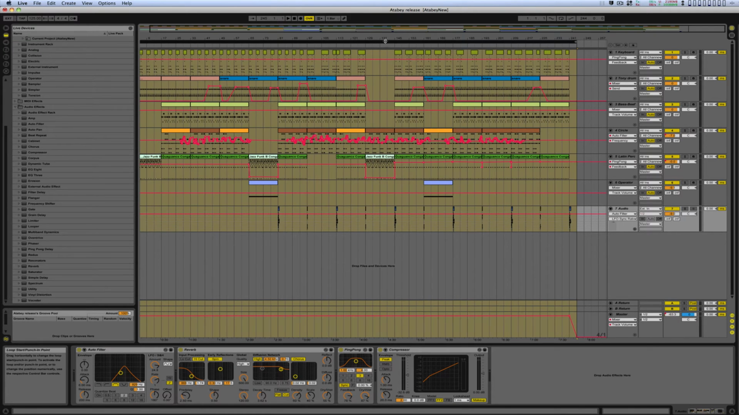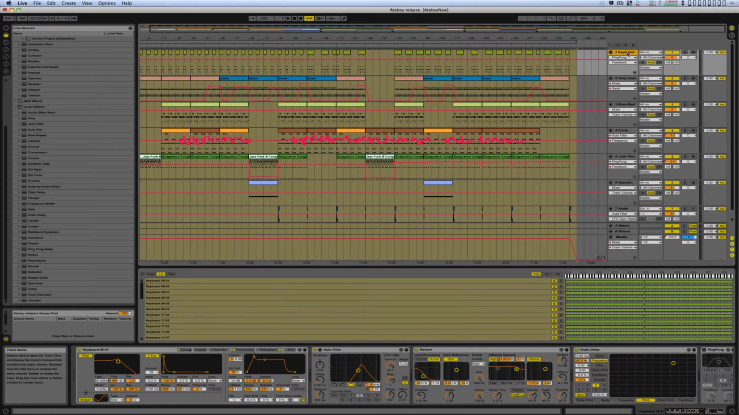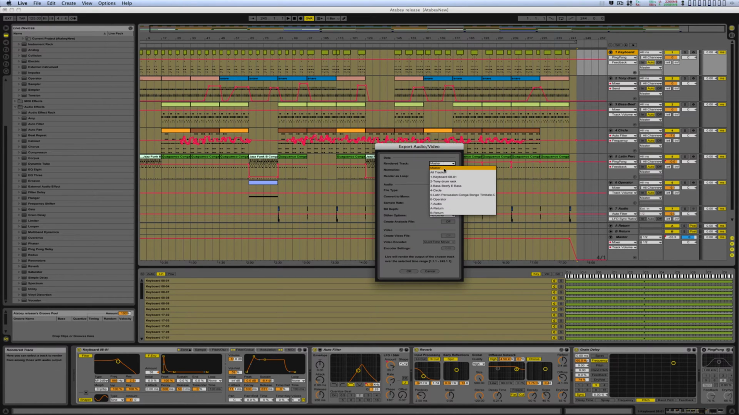So when you individually bounce or export a track, you can do it either way. Through here, export, go to all tracks, or individually bounce them once. But the thing is, when you do it through here, you gotta watch out, because